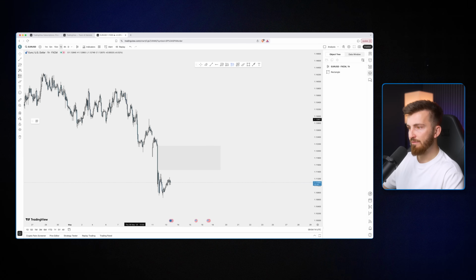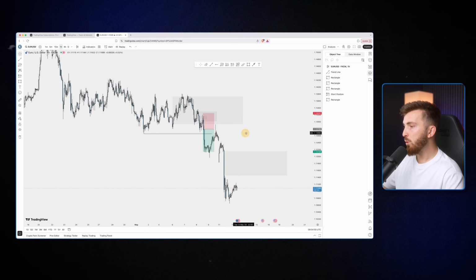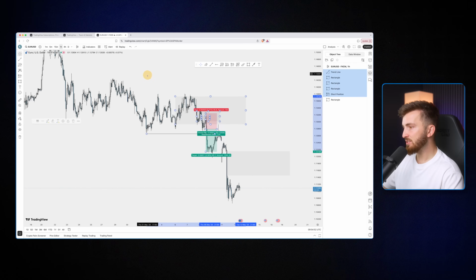So let's say you have entered in the short and all of your analysis, let's do all of this analysis right here. So we had order block, we had the fair value gap right here. This was also respected. We had a bigger order block, but we had clear liquidity at the low. What you can also do is you can either select all of these or, as I said, select one, select the other,